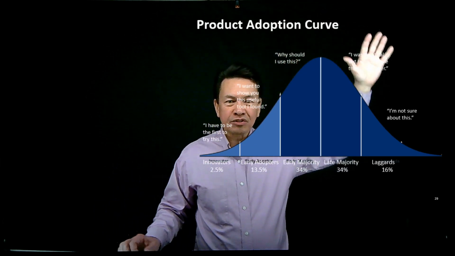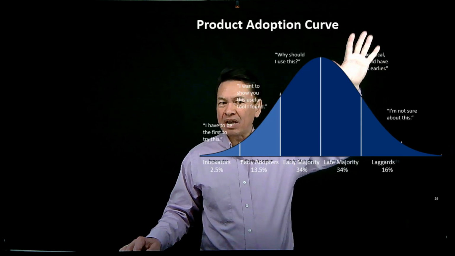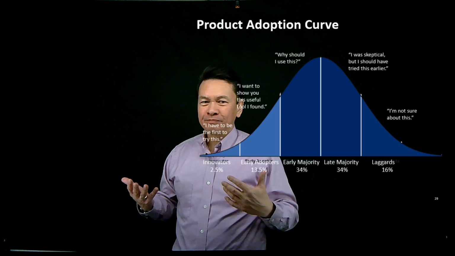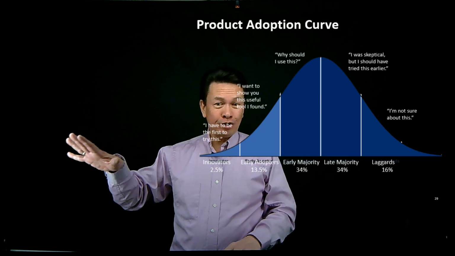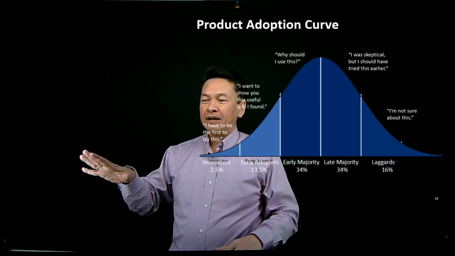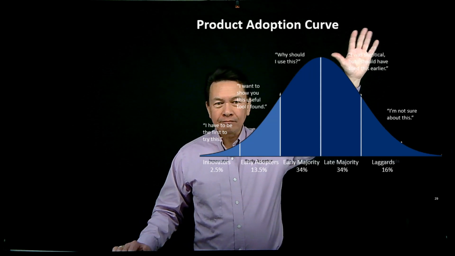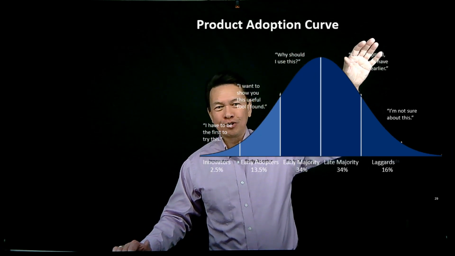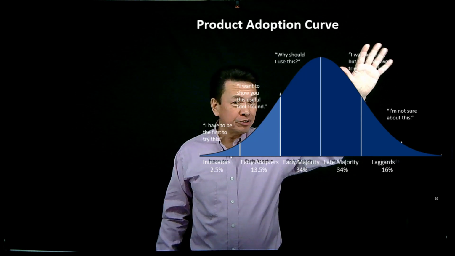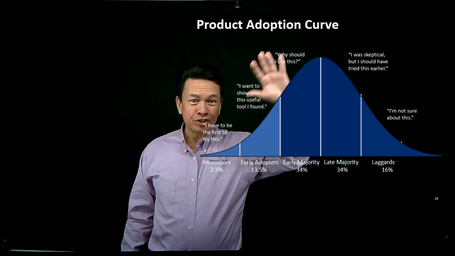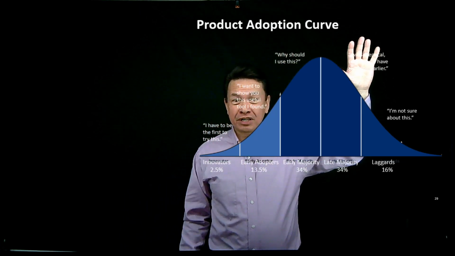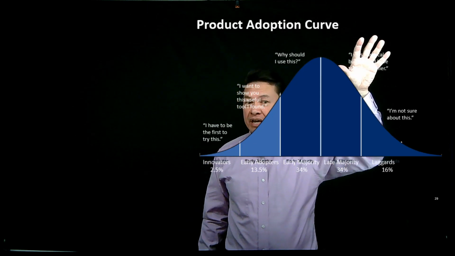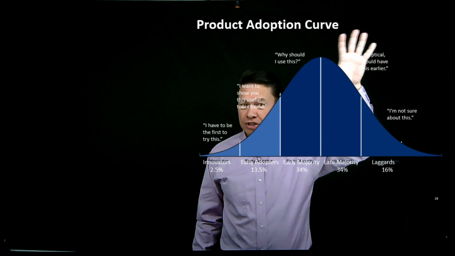And then you've got these other ones that are sort of the late majority. These are the skeptics. They're the ones that are sitting there going, you know what? I've seen new stuff come and go. I don't think I'm going to do this, right? And they'll wait until what happens? Until they start losing customers to some of these people because customers are going, hey, you don't offer this pain-free technology, I'm going to someone else. And then they're going to sit there and say, you know what? I don't want to lose all my customers, so therefore I probably need to go ahead and adopt that technology. So that's sort of your late majority.